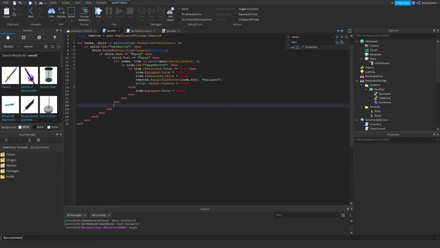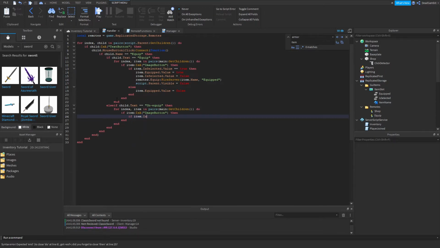Let's go down here to do else if child dot text is unequip, then for index, item in pairs main get children, do if item is an image button, and then if item that is selected value is true, then